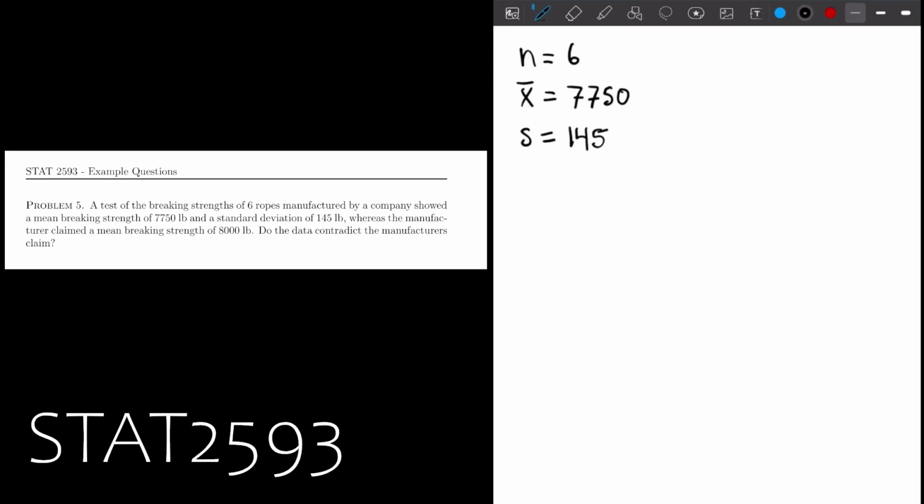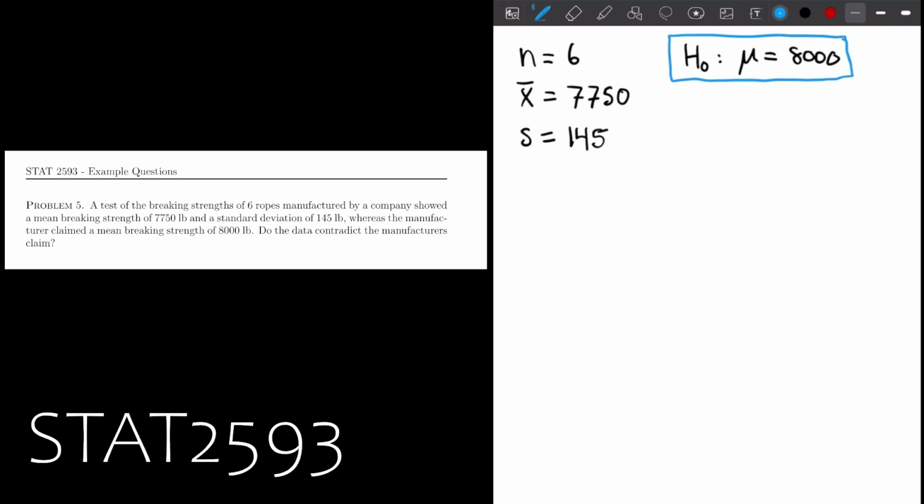The manufacturer claims that the mean breaking strength is going to equal 8,000 pounds. So according to the manufacturer, the mean equals 8,000 pounds. And the question is, do the data contradict the manufacturer's claims? So where are we with this? How do we go about testing this? To begin, let's start with testing this hypothesis that we have